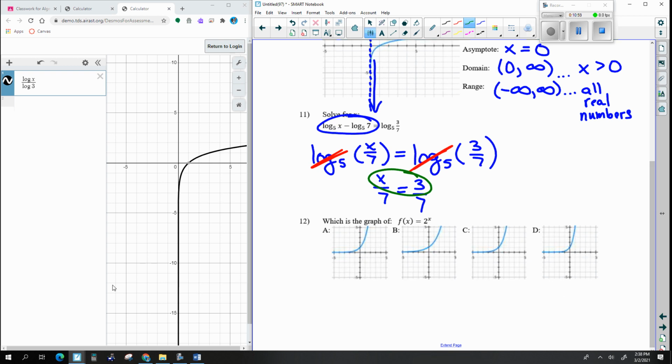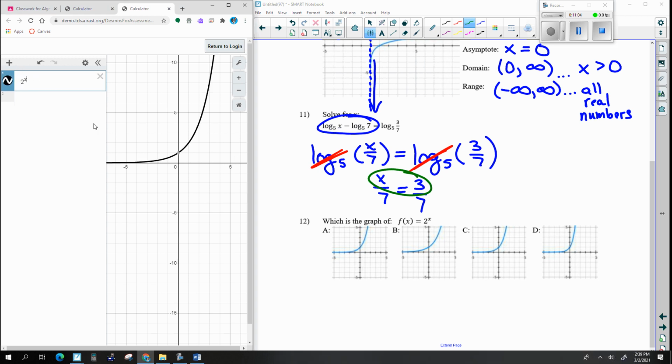Next is 2 to the x. Okay. So what we can do is take a look here because all of these look somewhat the same. So my advice is to take a look at some of these points where the picture looks different from each other. And I'm kind of thinking that when x is equal to 2, you'll be able to tell some. So when x is equal to 2,